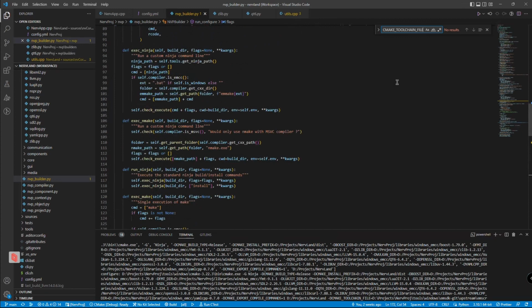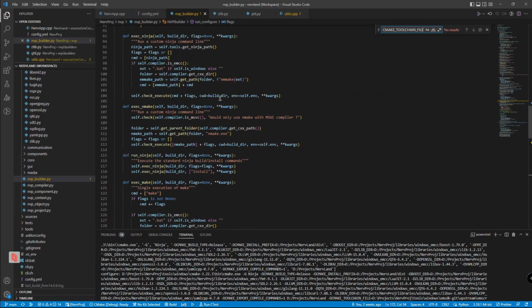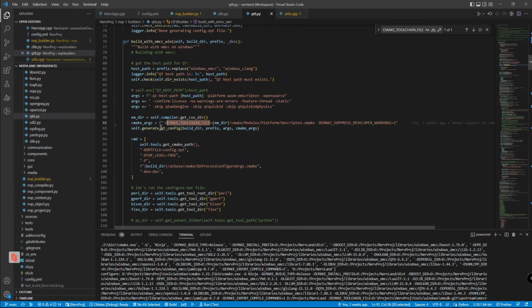Really? I'm not specifying that. Okay, I guess that's going to be specified with EMCMake automatically somehow, because everything is working fine at the end. But here anyway, you are going to call CMake a bit more directly, so you need to have those